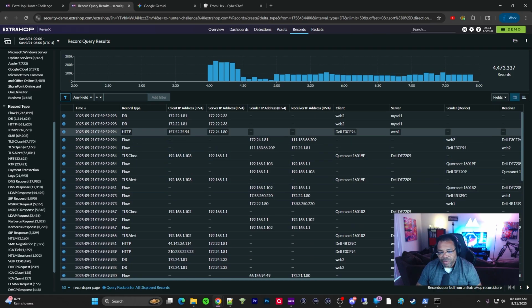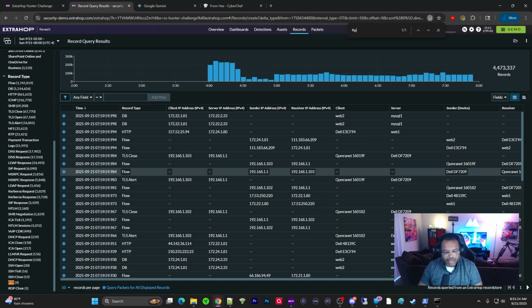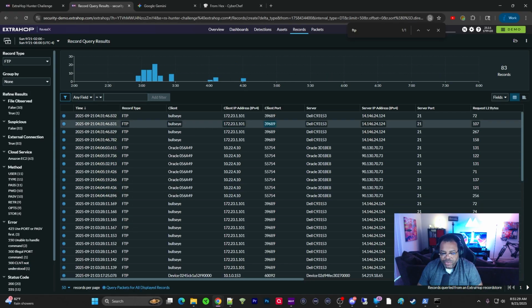Okay, so that's very important to be able to do that. But what am I looking for? I'm looking for the FTP protocol. So do I see it? Well, maybe my eyes don't find it the first time. So what I always recommend is do a Control F, FTP, and there it is right there towards the bottom. So click on FTP. Now I've narrowed down my data set, but I'm looking for the most